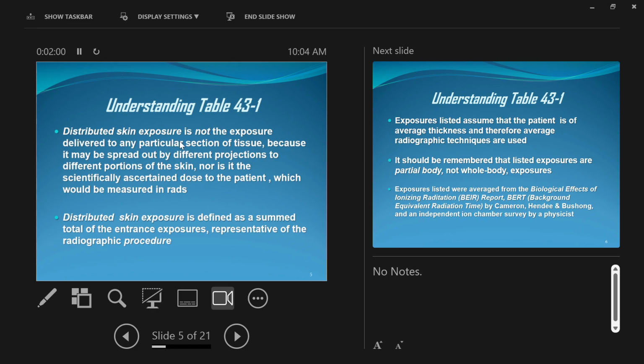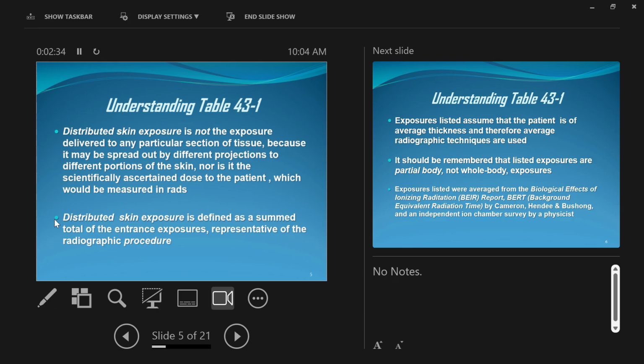So it's not the exposure delivered to any particular section of tissue because it may be spread out over different projections to different portions of the skin, nor is it the scientifically ascertained dose to the patient, which would be measured in a different unit called rads. Distributed skin exposure, as I just said, is defined as the summed total of the entrance exposures representative of the radiographic procedure. Entrance skin exposure is the amount of radiation that somebody would receive before it's gotten into the